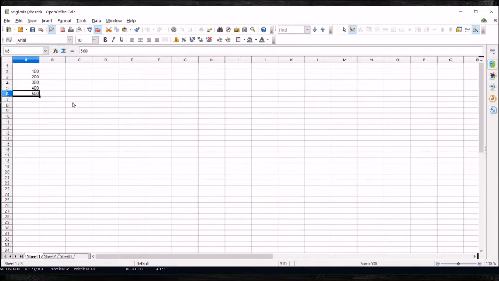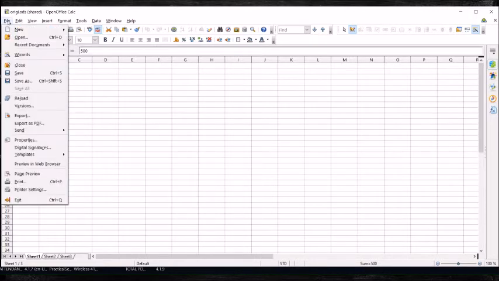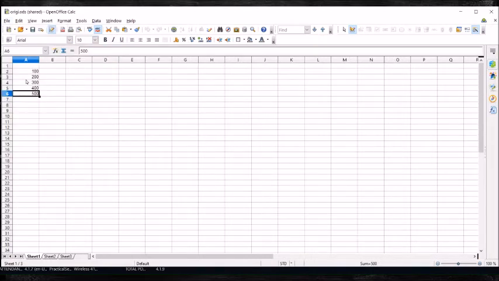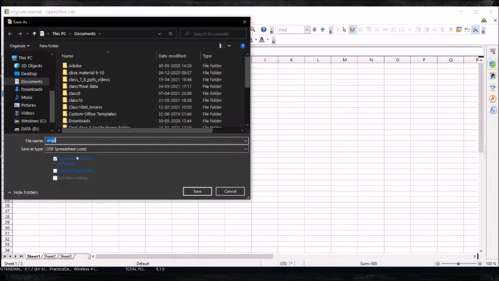Now suppose I make some changes in this worksheet. First of all, I'll save it with some other name. I'll click on Save As, and I'll save it with the name changed, in Documents only.